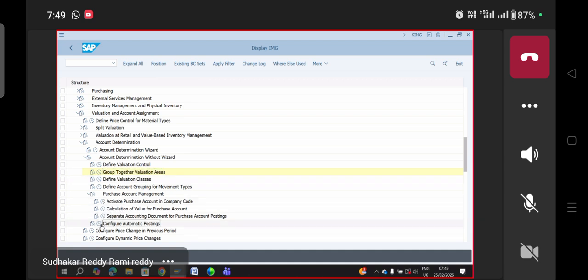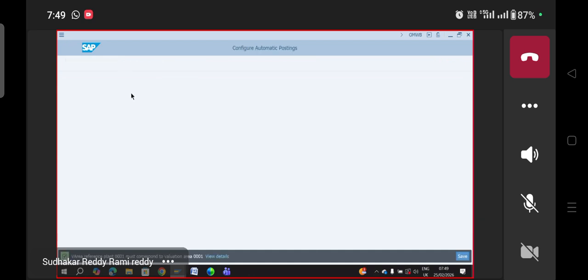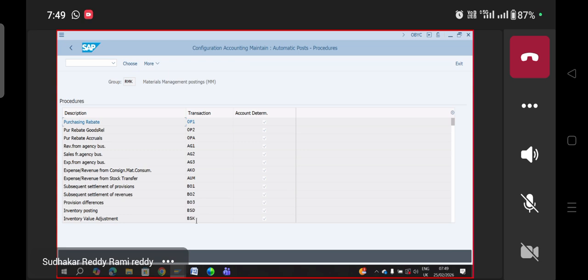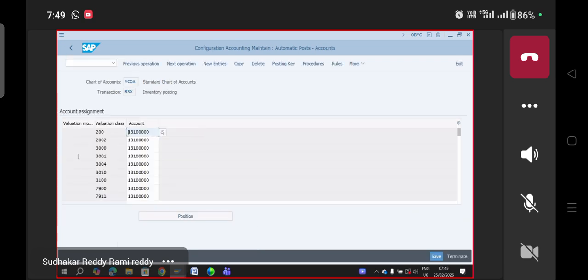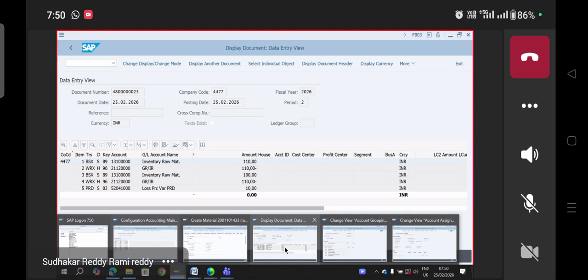So when you see here for BSX, now in YCOA, for inventory posting values or inventory GL accounts, you are assigning which GL accounts of the chart of accounts for BSX. Your plant is assigned to valuation company code 4444. Now for valuation company code 4444, valuation class in the material master is 4000. For that, what GL account is there? 131000. That's why in the accounting document,